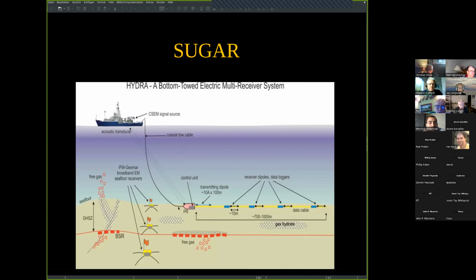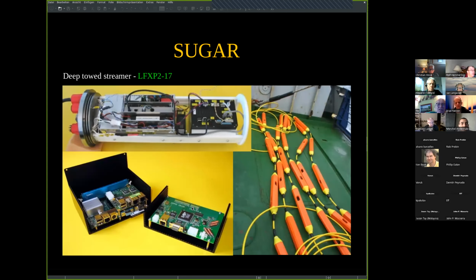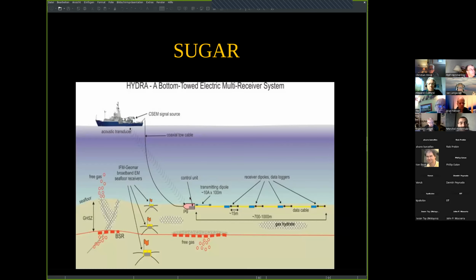And then comes what they call a pick here in this picture. So this is a larger structure, which you don't see here either. Oh no, this is the heart of it. This is a titanium pressure housing with all kinds of electronics in it. And then comes the streamer, which is a chain of hydrophone, pressure,